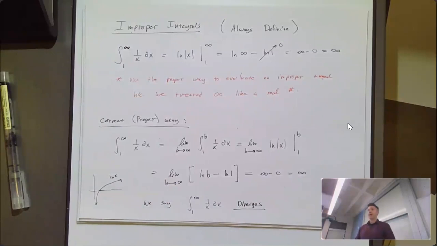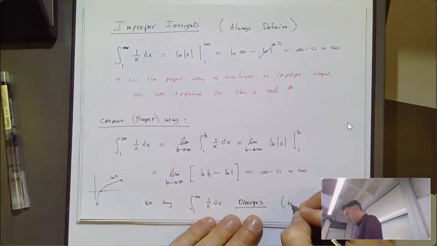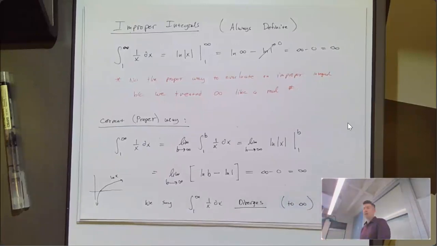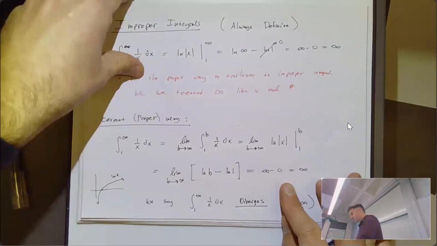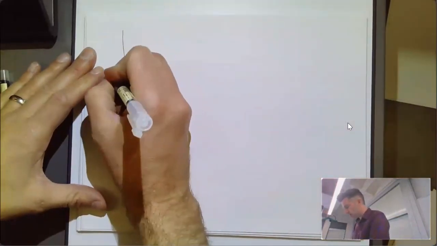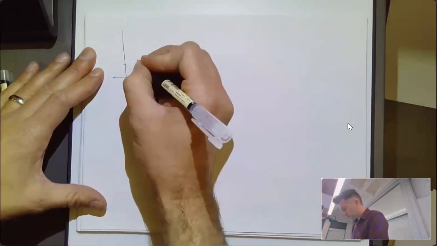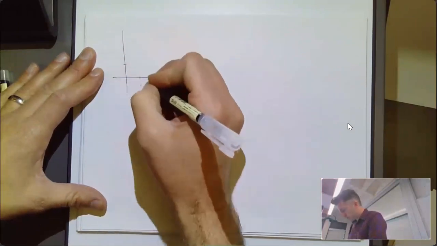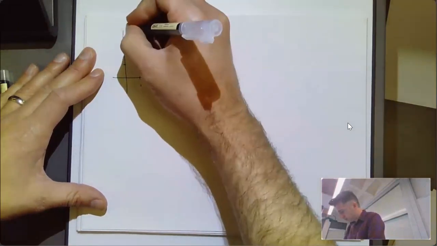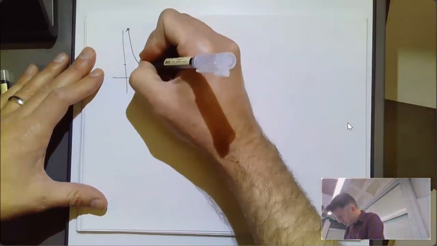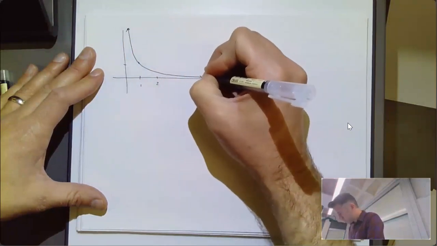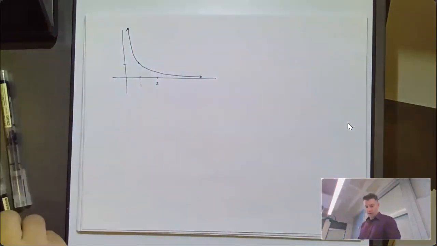And sometimes people will ask how it diverges. So if someone asks, we would say this integral diverges to infinity. It diverges in a way that it gets infinitely large. It's kind of interesting, actually, that the area under the curve 1 over x, I'll try and draw here. So if we look at this curve, obviously not perfect, but if you look at the area under the curve,